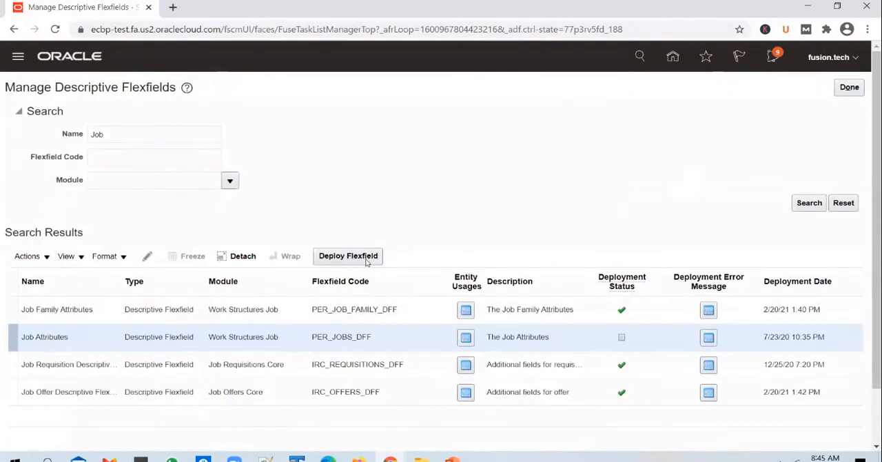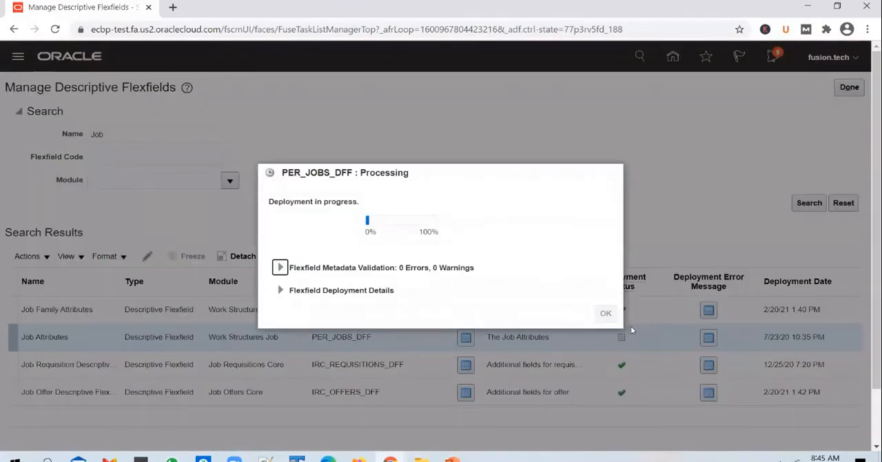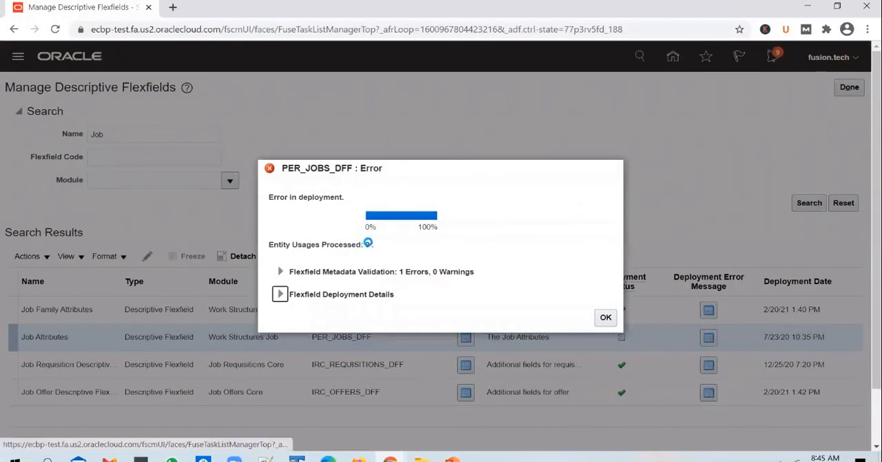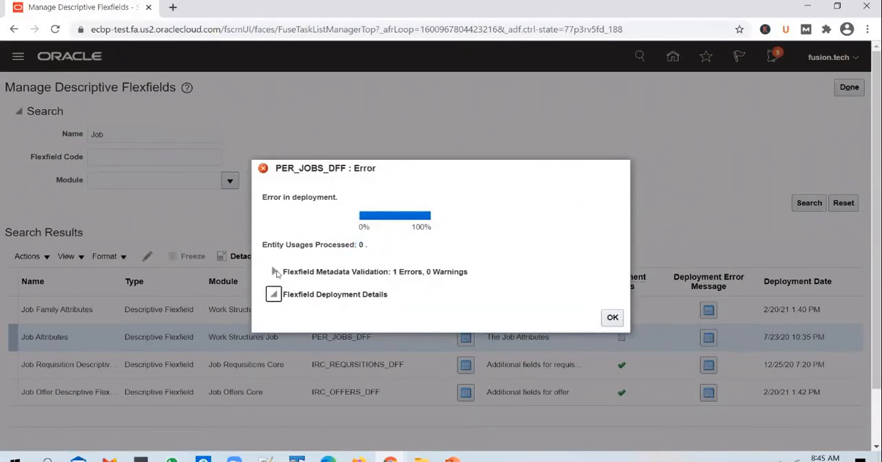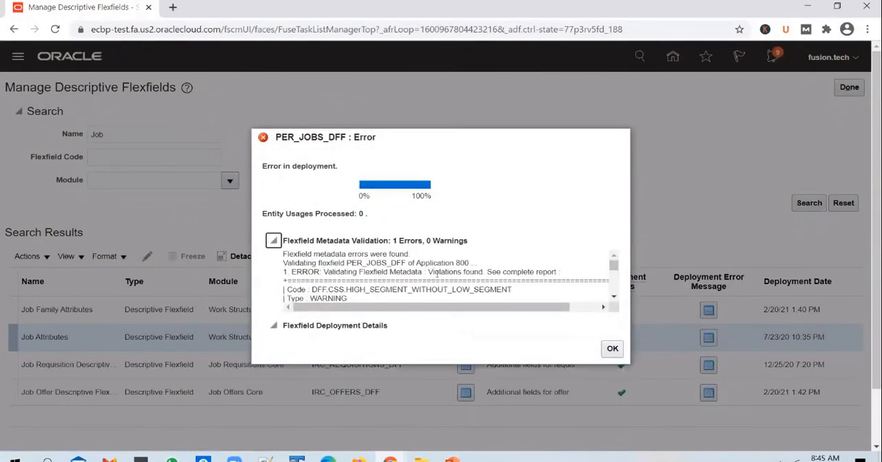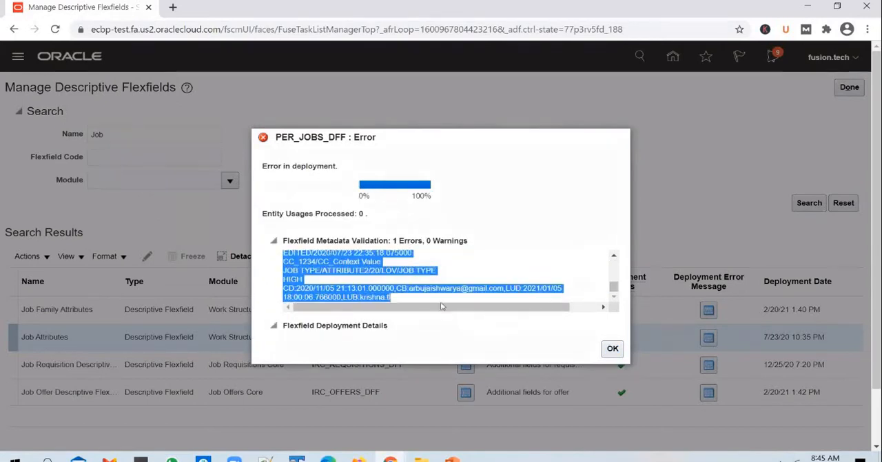Save and close. Let's try to deploy the flex field. You see that the deployment status changed to editing now. We haven't done anything yet. We could see that there is one error. Let's see what that error is. Okay, so this is one of the common mistakes that students do. What does it say? If you copy this error,